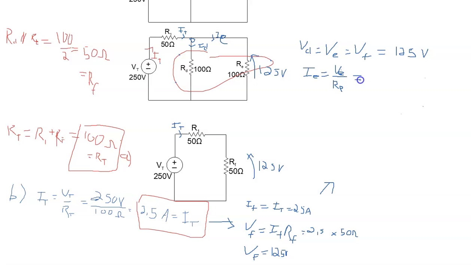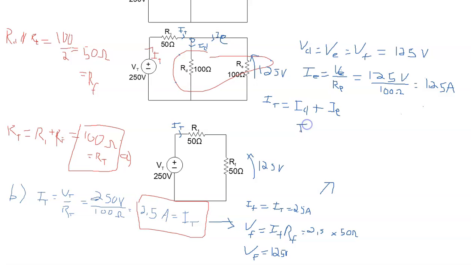And that means 125 volts divided by 100 ohms gives us 1.25 amps for IE. So now Kirchhoff's current law at the node says that IT is equal to ID plus IE,